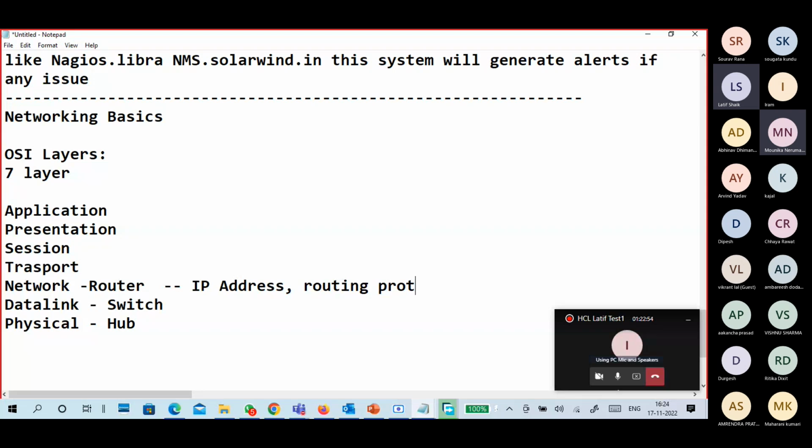The data link layer deals with the MAC address, LLC and mainly MAC address. The physical layer deals with the bit stream, meaning physical connectivity.